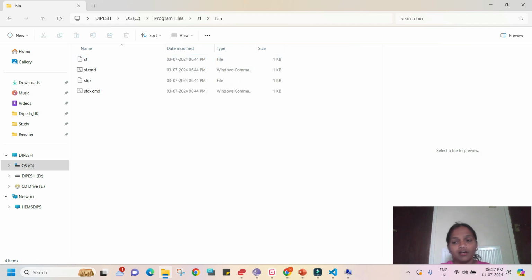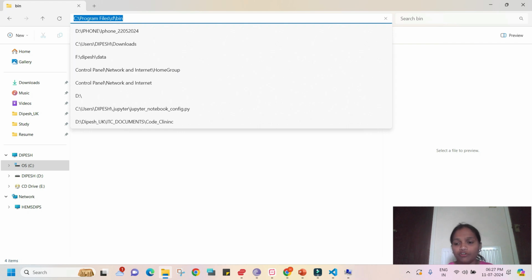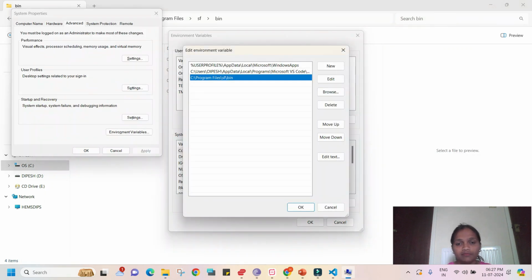Whenever you do this for Java or any other, make sure that the path goes up to bin. The bin folder should also be there in that particular path. So copy this, create one. I'll be editing here only since I already have it. That's it. Do okay,